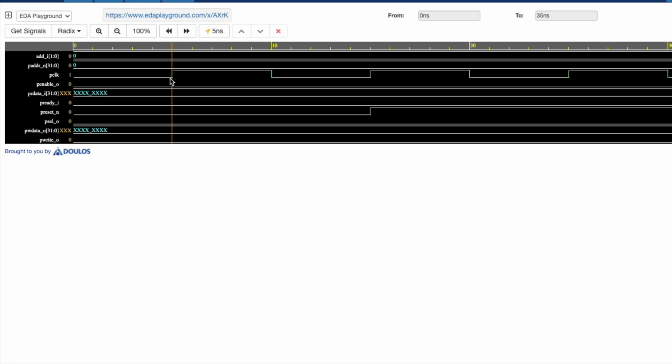Okay, so we have our clock, our reset signal, and that's it. We are not doing anything. Both our read data and write data are all unknowns. Other than that, all the signals are at a known value, which is okay.